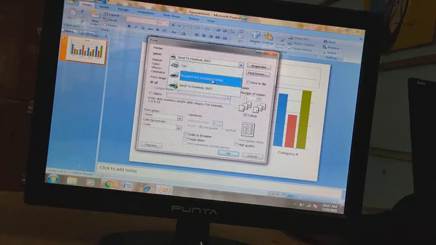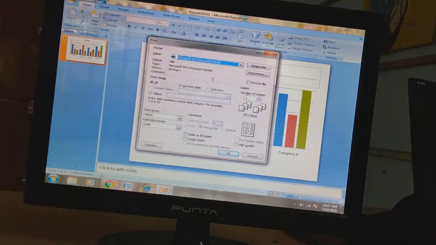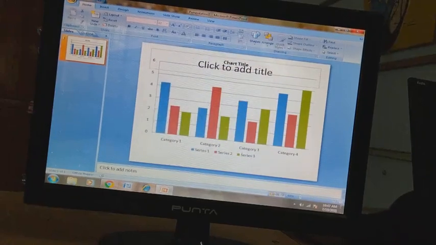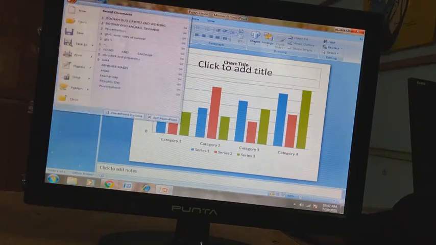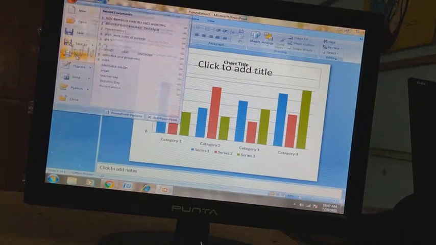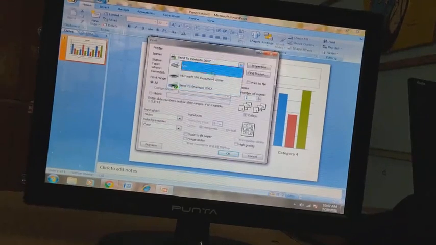Then you have to select whatever printer you want, and then click on the OK button, and your data will be printed from the printer. So this is how you can print your PPT, the whole PPT which you have made. And again, click on the Office button, then the print option, then select the printer.